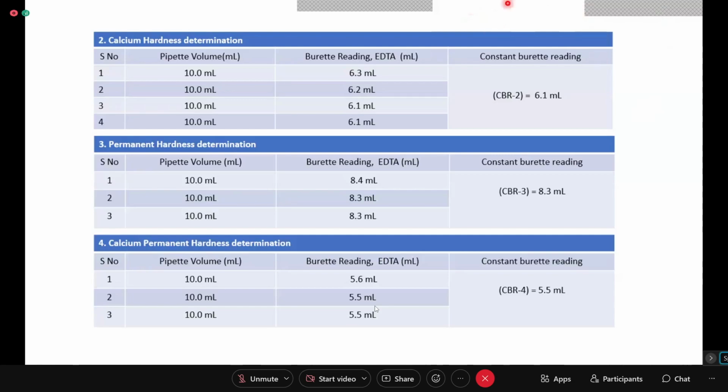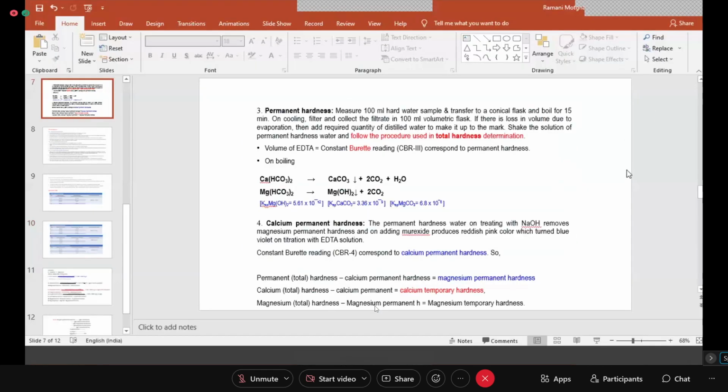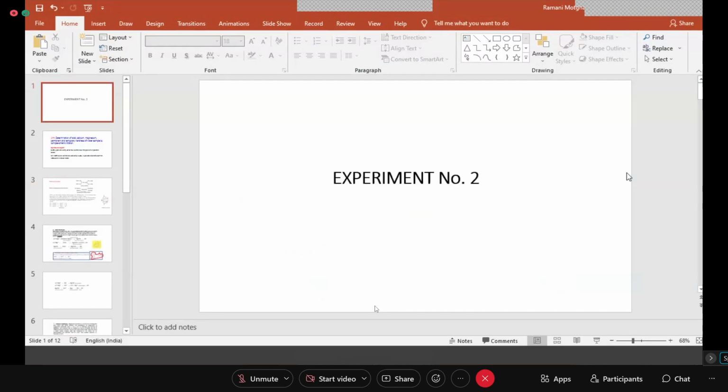Okay. So with this, I think the hardness experiment is done. X2 batch students, does anyone have any doubt? No, ma'am. Anyone having any doubt in this experiment? So let us disperse now. You can leave the meeting, X2 batch. And I will continue with X1 with the alkalinity experiment. Okay, so all X2 batch students should leave. X2 has written experiment number 1 and number 2 also, and you don't have any doubt in these two experiments now.